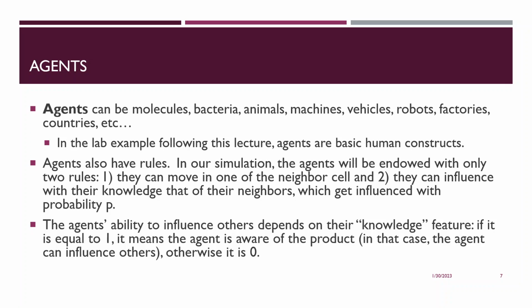One other thing that you'll see in the lab is that an agent's ability to influence others depends on their knowledge feature. If the knowledge feature equals 1, it means the agent is aware of the product, and if the agent is not, then it's 0. This has to do with the probability based on the neighboring algorithm, and the proximity. If two people are proximate to each other in terms of distance, then there's a high likelihood that they're going to influence each other through the exchange of information, and